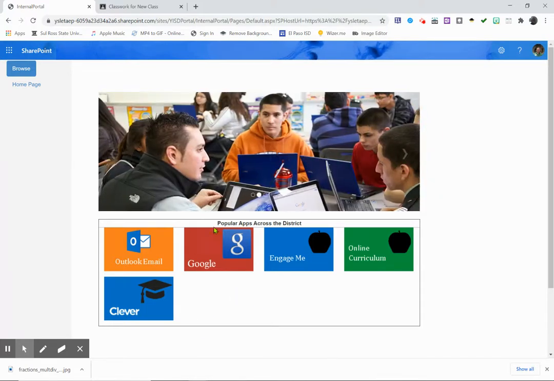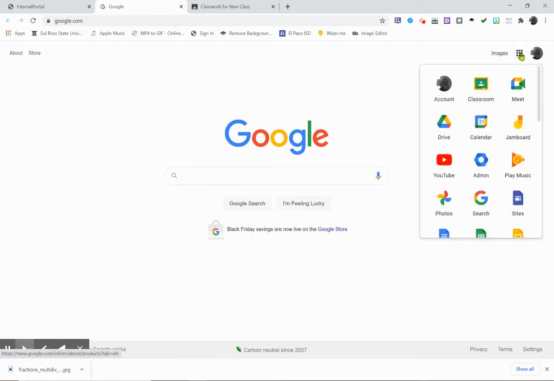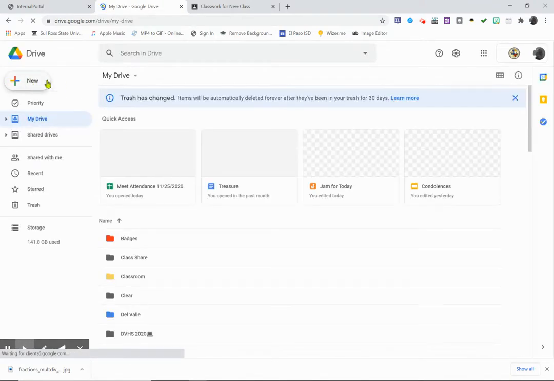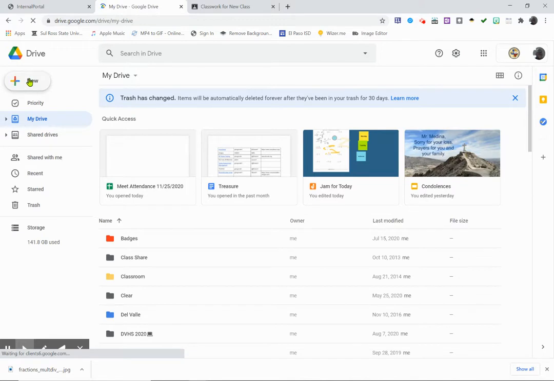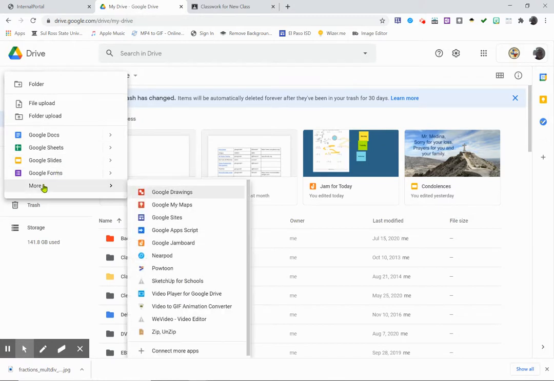To get to a jam, most of us know that if we go into our Google, and we can go to our drive, and just like basically every other Google tool, you can create one right in your drive. So if you go to a new up here on the left, this is where I could create a new doc, a new sheet, a new slides, a form. But if I go to more, you're going to see there's a lot more to Google. And here you're going to see Google Jamboard. So if I click on that,